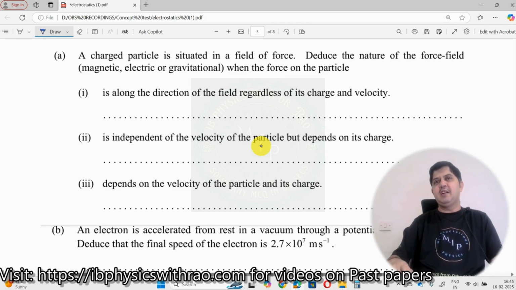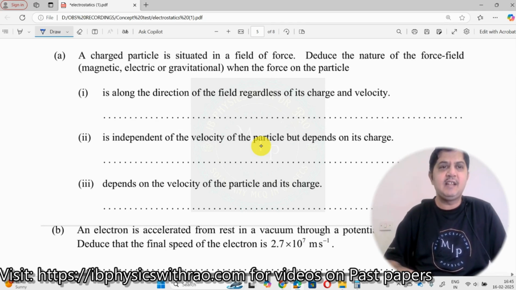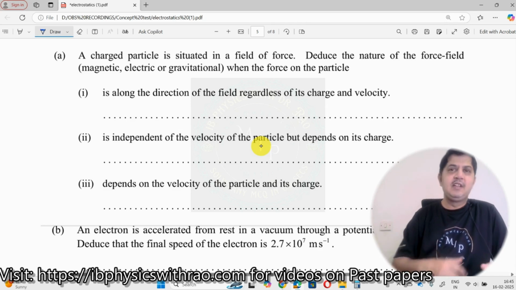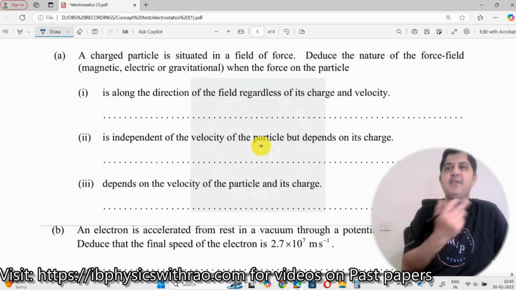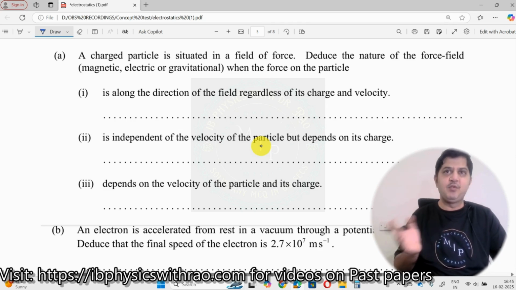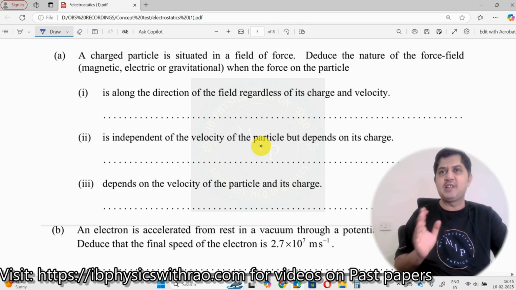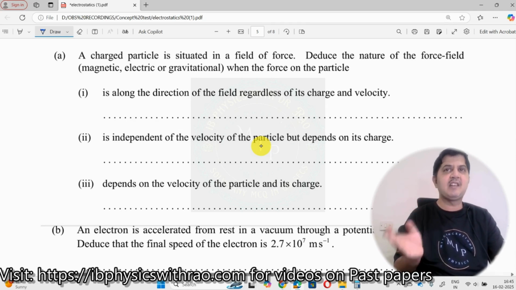Though I have stated that we are looking only at electric forces and electric fields, this question uses electric forces, electric fields, magnetism, mechanics, everything. In fact, IB papers mostly rely on multiple chapters. You don't get only a straightforward question. So I thought this question would be very useful to understand, though I have not covered everything.